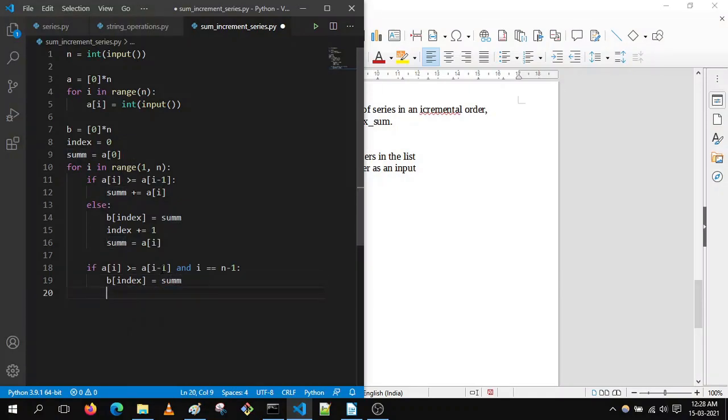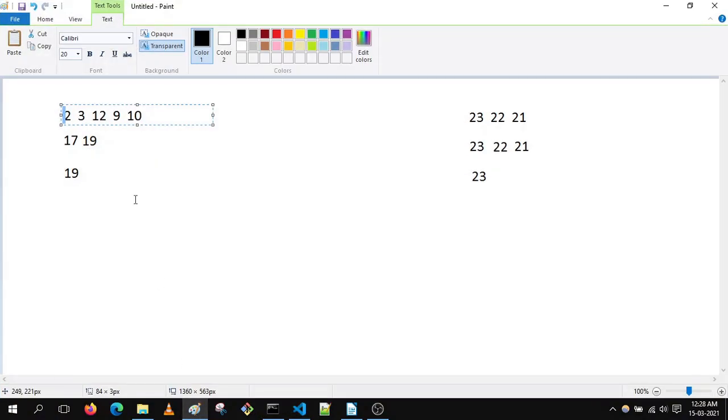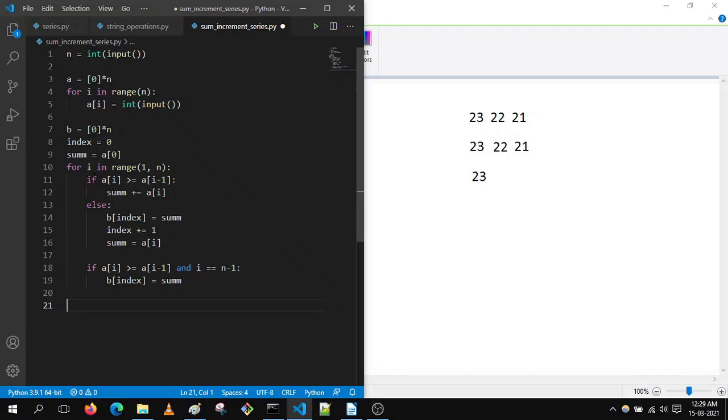Now let me explain what I did here. If our loop comes at the last, 10 is greater than 9, so the control goes to the condition that is satisfied, and the value of sum will be incremented, but it will not be stored in our second array.